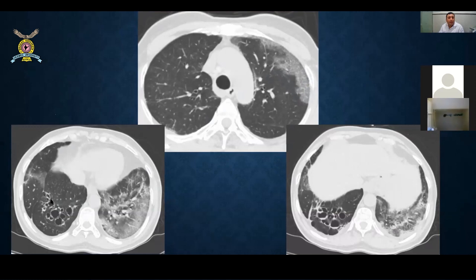In the right lower lobe, you can see cystic bronchiectasis here. This cystic bronchiectasis is a sequelae of old infection. The patient had a history of tuberculosis, so this could be a sequelae of tuberculosis. And these new changes, ground glass opacities, interlobular septal thickening and consolidation, are the changes of COVID-19. So this patient had both sequelae of old TB as well as the acute COVID disease.